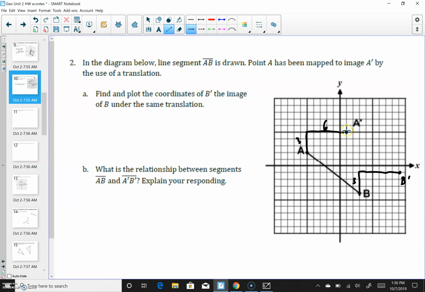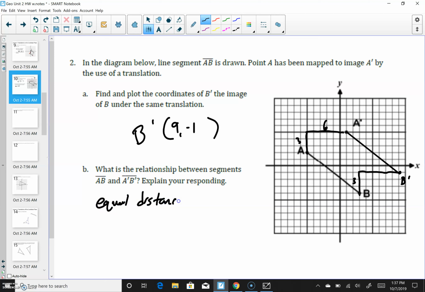I'm going to make a line segment. Oops, still on my vector function. So we'll make a segment connecting A prime and B prime. And it wants us to, first, I'll write down the points for B prime. So B prime was 9, negative 1. And what's the relationship between the two segments? And what we end up with is there's two features. Okay, they are equal